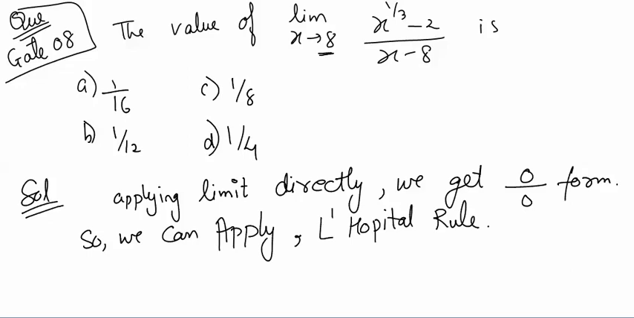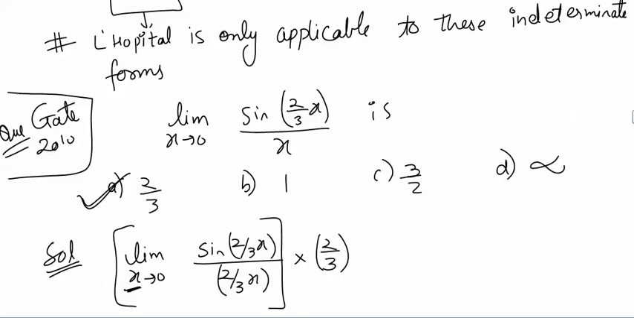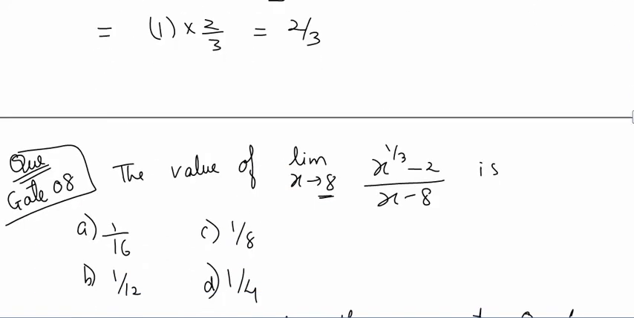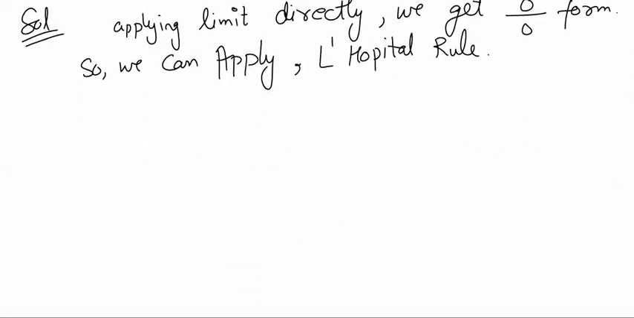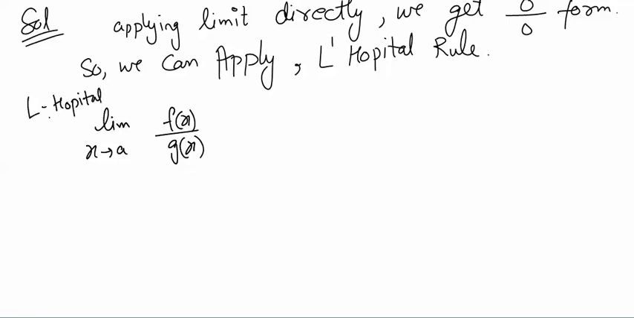So what is L'Hospital's rule? L'Hospital's rule says differentiate. For example, if I say limit x tends to a of f(x) upon g(x), where if I put x tends to a, it is becoming 0 by 0 form, right? Let me explain here. What is L'Hospital saying? If there is a limit f(x) upon g(x) which is of the form